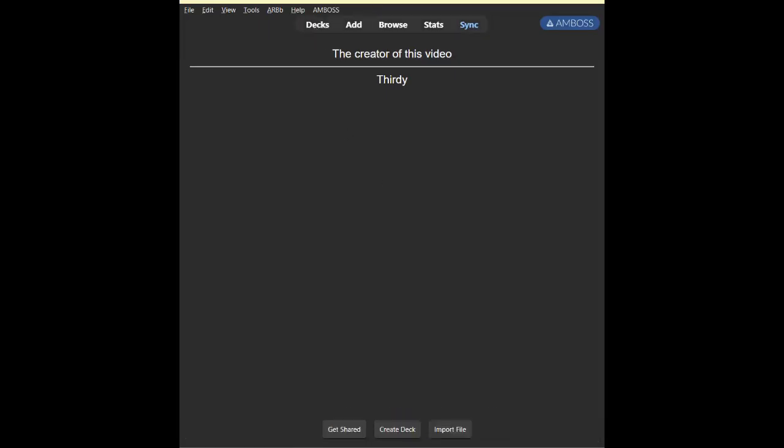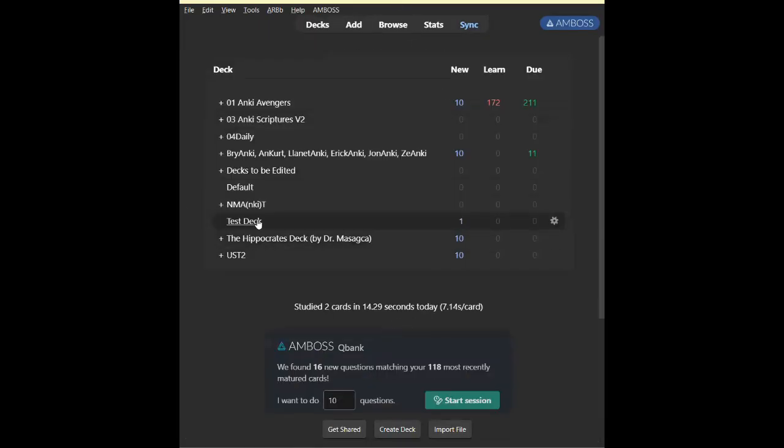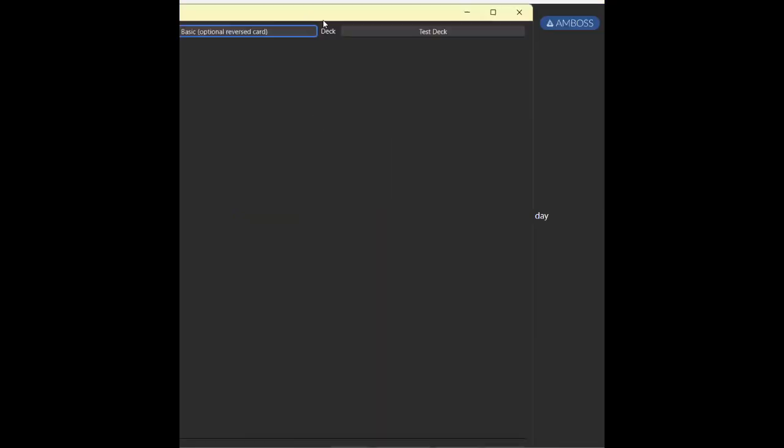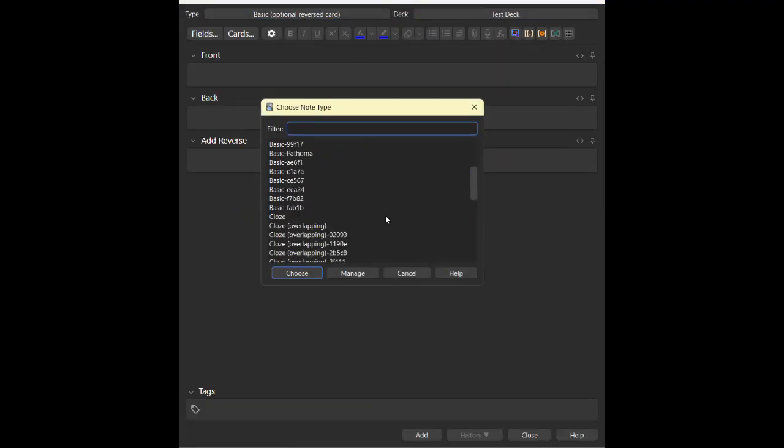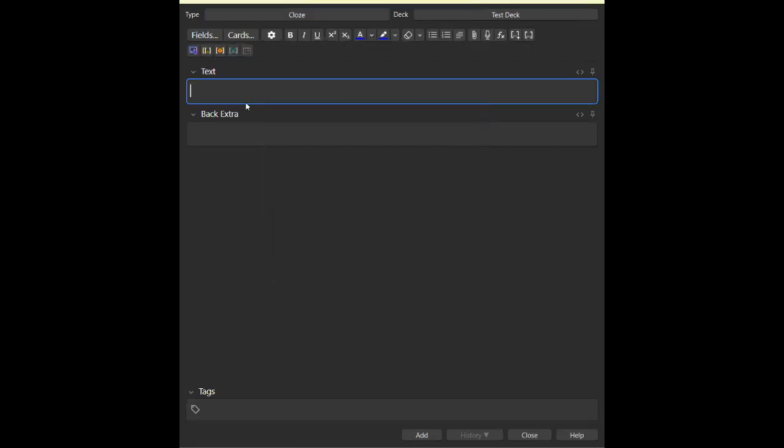Now, here is my favorite type of card, the cloze card. So cloze is basically fill in the blanks. So for example, we have the myocardium is the thickest part of the heart wall.